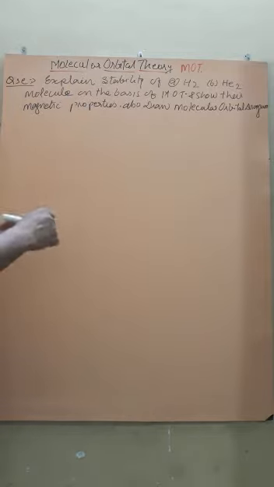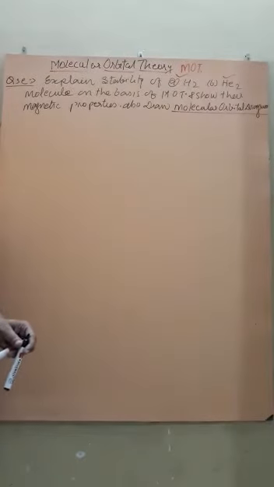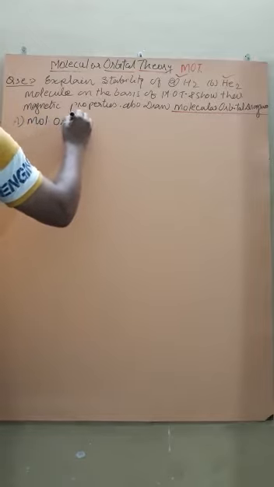So the very first thing we have to do is draw the molecular orbital diagram of two molecules. One is H2 and one is He2. So how to draw a molecular orbital diagram? I told you, in molecular orbital theory, all the rules of Hund and Pauli are applied. So how do we draw it? Very first I am drawing number A, the molecular orbital diagram